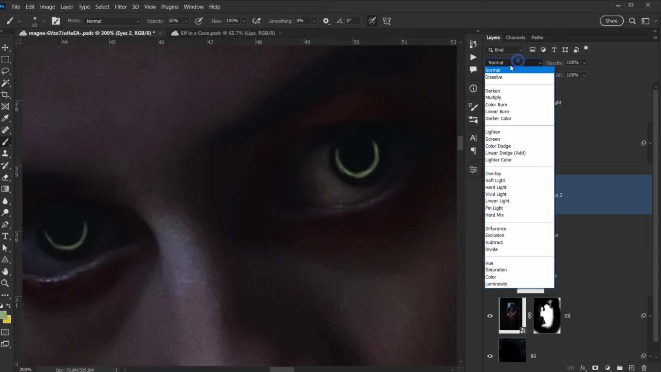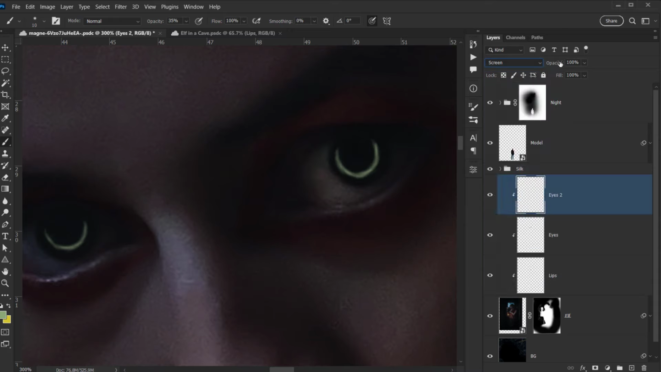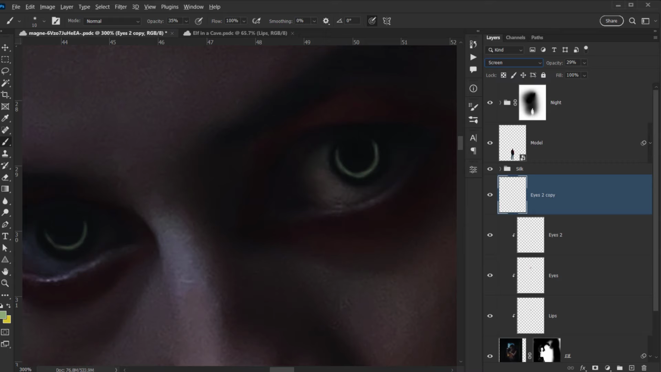Now we'll change the blending mode to, let's see, no, color dodge or screen. Let's go with, this is very interesting. I like the screen, but I think I will go for screen, and I will put down the opacity like 30%. And then I will duplicate it by pressing Ctrl Command J, and I will clip it again, and let's